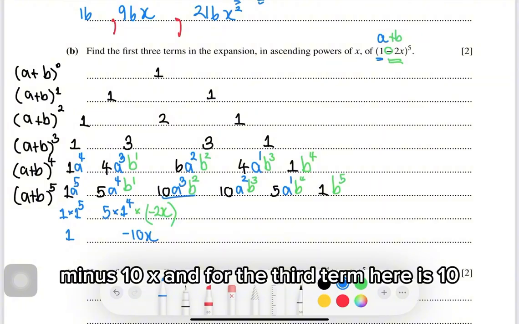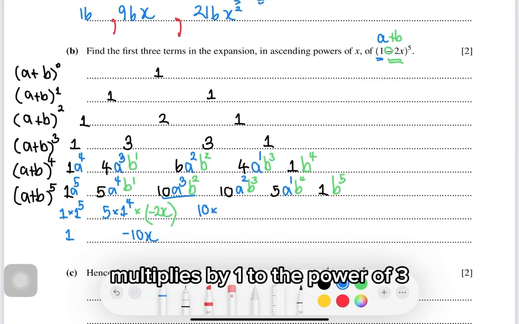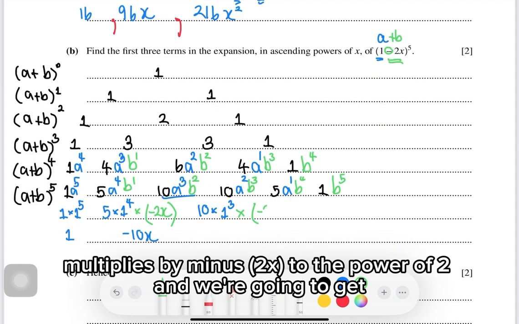And for the third term, it is 10 multiplied by 1 to the power of 3 multiplied by (minus 2x) to the power of 2,